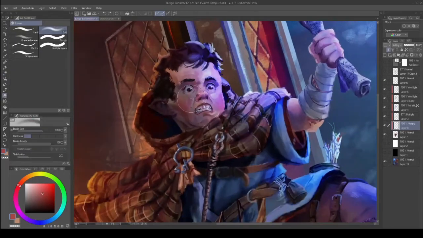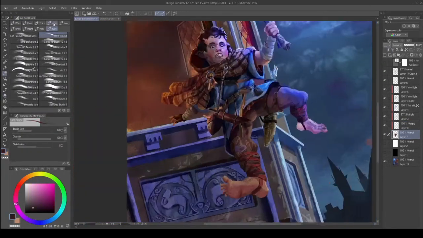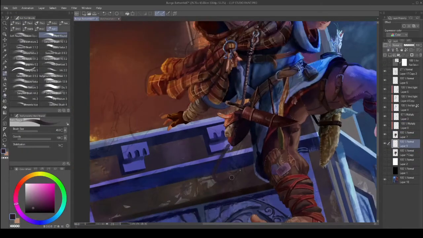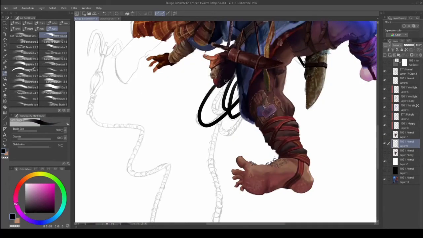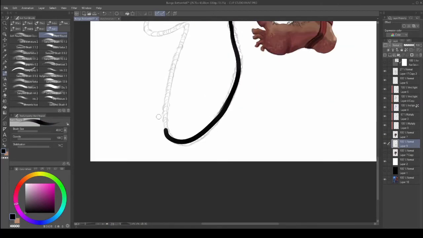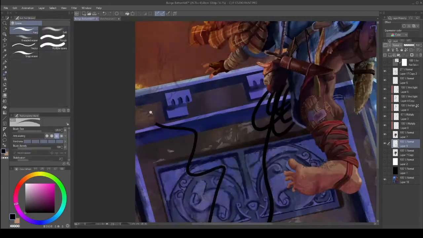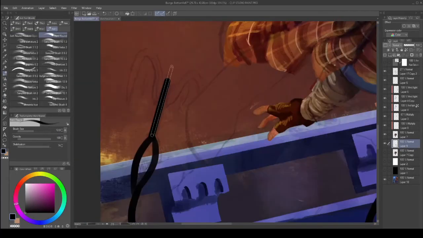But oh, now comes the grappling hook. I had a lot of fun adding it. Grappling hooks are super awesome. I wish I could draw them in every drawing I do. But